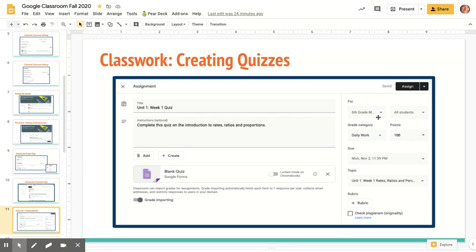Over here, I have the ability to push this out to multiple classrooms or maybe multiple sections. And I also, again, have the option to push it out to all students in this classroom, or I can choose the students that I want to specifically see this quiz. Because I did set up a grading policy and I have grade categories, that's what's visible here. The points were either, you could do points, you could do ungraded. If this was an exit ticket that I was doing at the end of a lesson, I might choose to